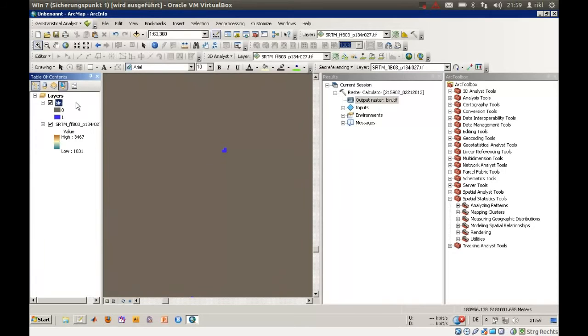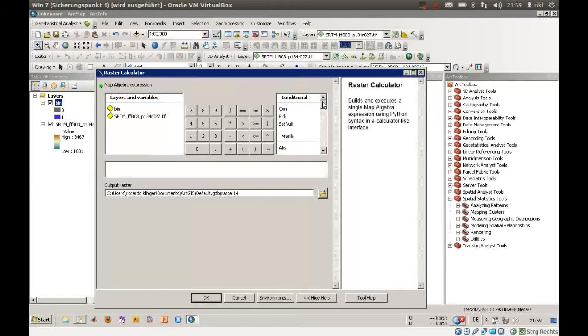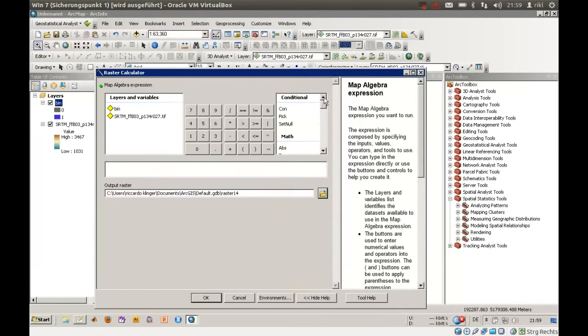So now I have a binary raster. Everywhere where no data is available, it has a value of 0. If data is available, it is 1. And now I will use a second function called focal statistics, which is not available here in that function list. So we will use focal. I think it is case sensitive in that case. So focal statistics